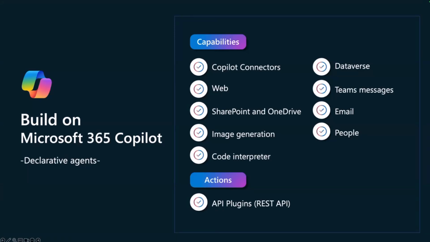Now, actions, on the other hand, what we're going to see today, let agents perform tasks on your behalf with external systems through APIs. For example, in our scenario that we discussed, submitting a leave request or updating employee records could be an action that's performed by your agent on your behalf. So, for example, if your instruction is to translate this policy language into an employee-friendly response, then the agent goes and gets the HR policy documents, FAQ guides from SharePoint, etc., and its action would be connecting with the